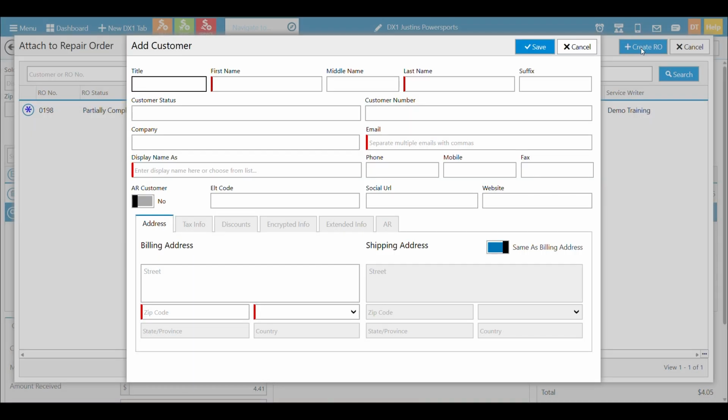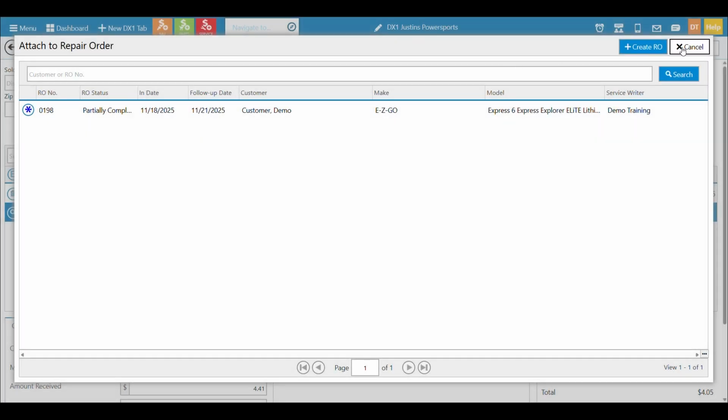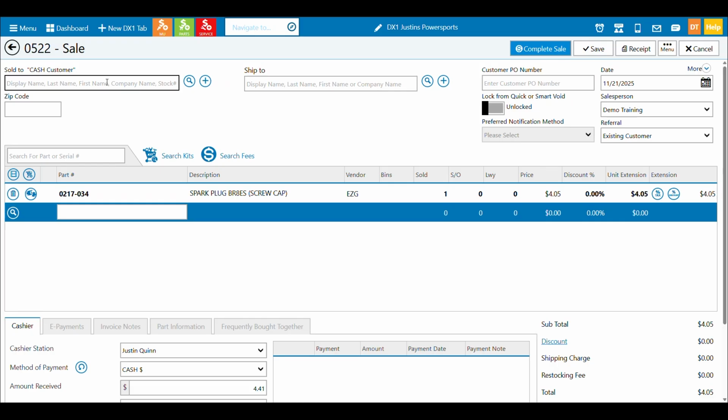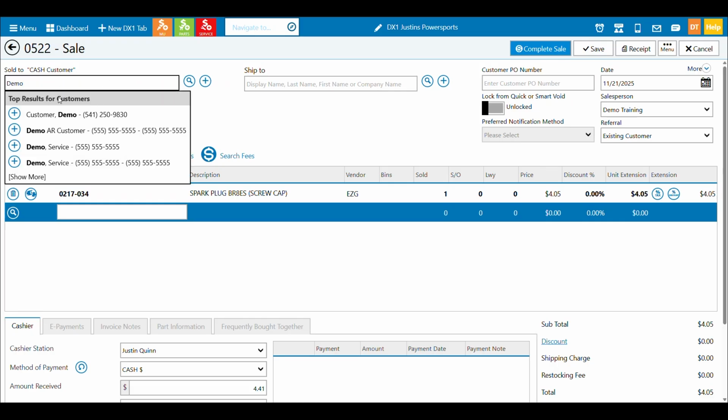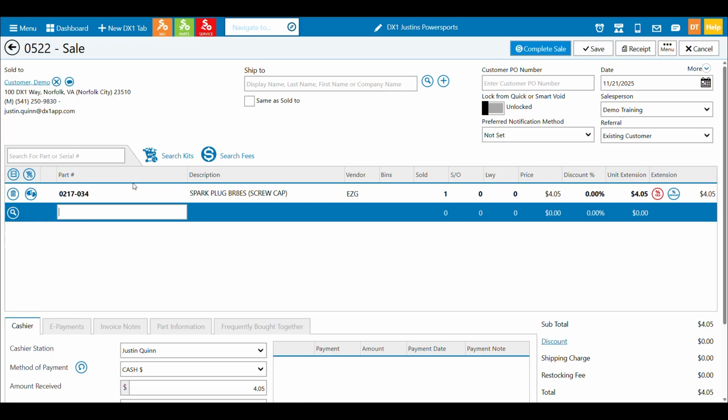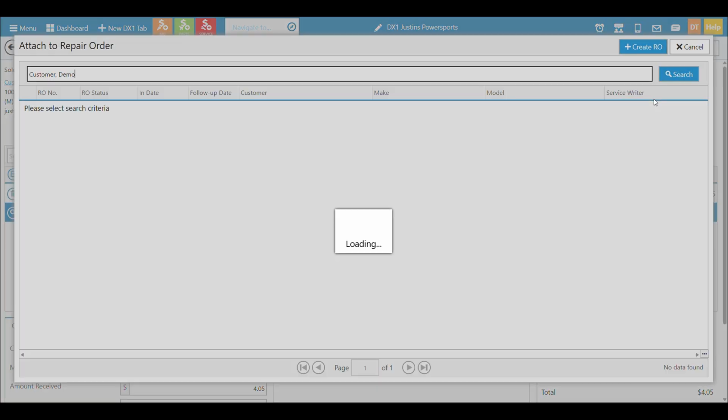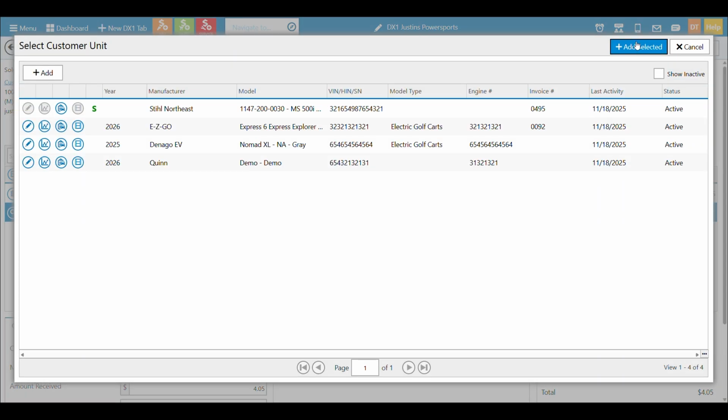And since I didn't have a customer on this one, it's going to ask me to put in all the customer information. Now, if I added in my customer first, and that's why I'm advising you to do this, it'll save you a little bit of time. When I go attach to an RO and I say create RO, it's automatically going to bring me to the customer.